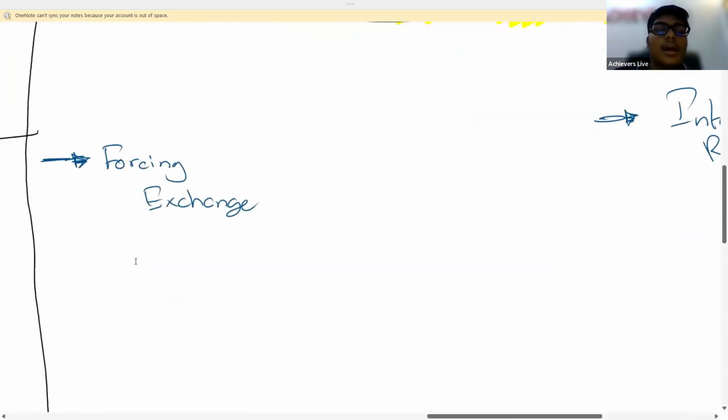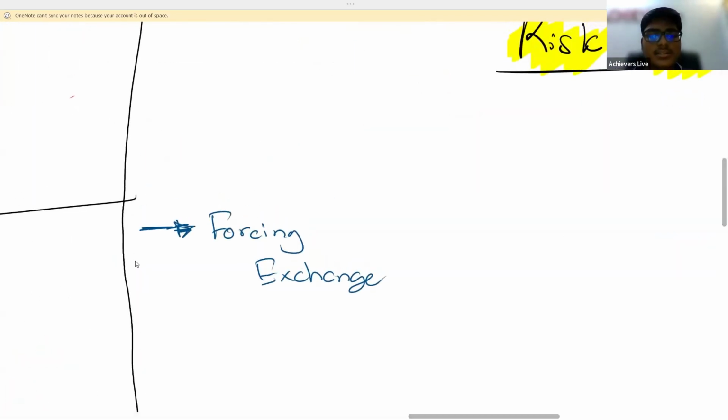So initially we looked at foreign exchange risk. Okay. So there are three types of foreign exchange risk. What are those three types? Yes. Correct. Others? Transaction risk, translation risk, and economic risk. Transaction risk is due to each transaction which you are making. Translation risk is when you are converting balance sheet figures. Economic risk is due to the economic factors which are existing.